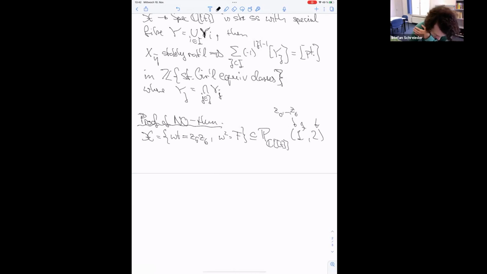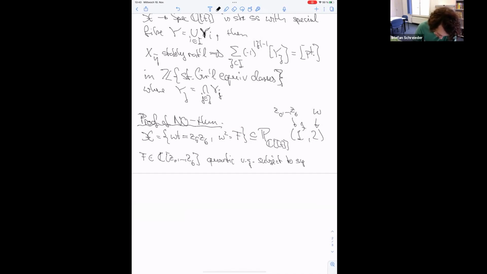And then there's one variable of weight 2. This is the W. And F is a quartic equation. So F is a homogeneous quartic polynomial that is very general, subject to